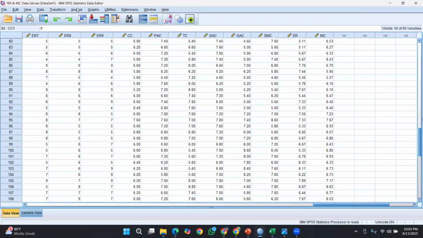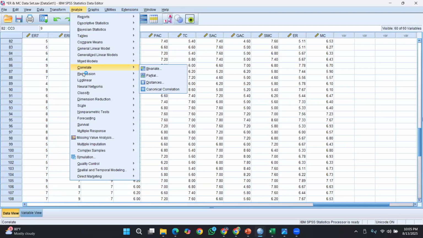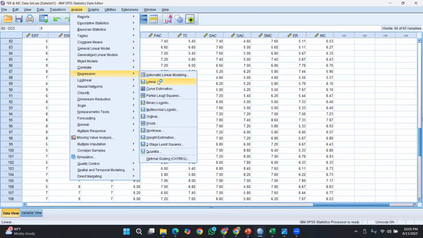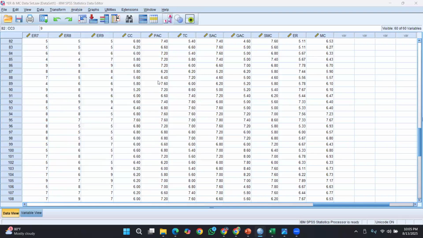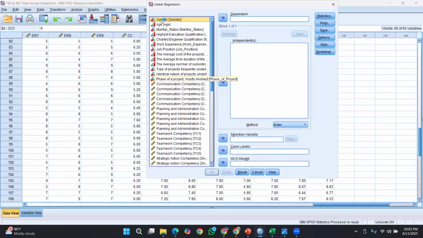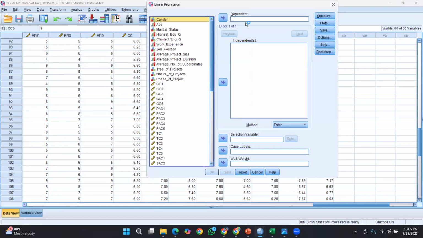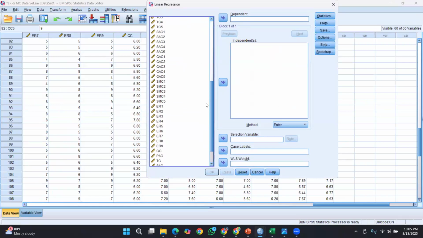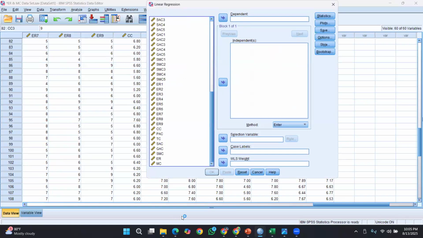Now it's a matter of feeding the data. For regression, you have to go to linear regression. But there are other options which you can self-study and practice. Now, of course, you have to identify the dependent variable.